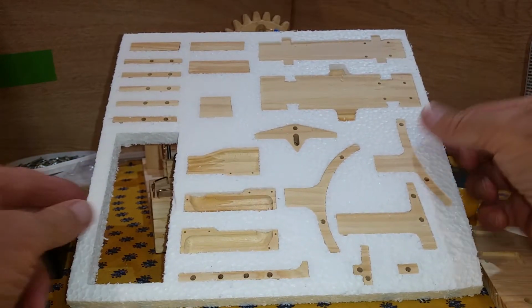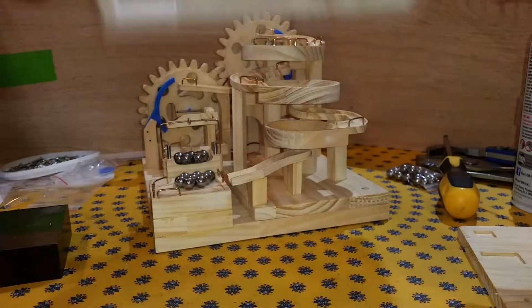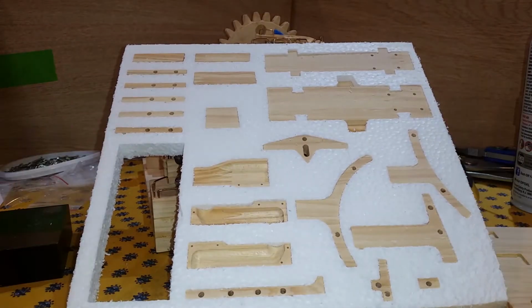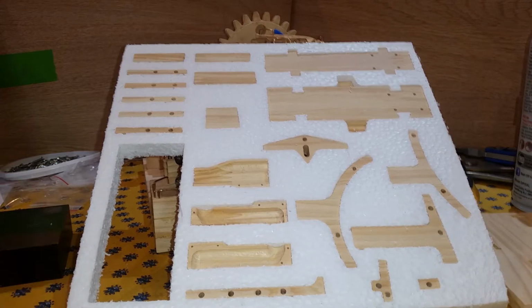Just a bunch of parts. There are no labels anywhere telling you what module this goes to. So you have to look at the pictures of the modules and try to figure out what base is which and what parts are which. Also, the model